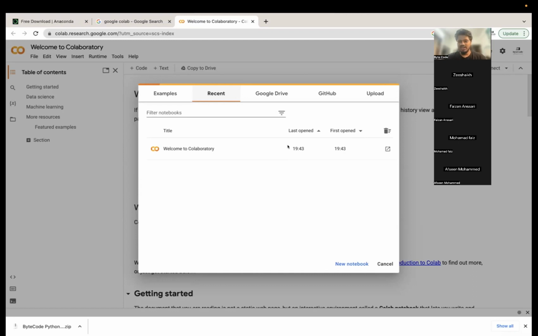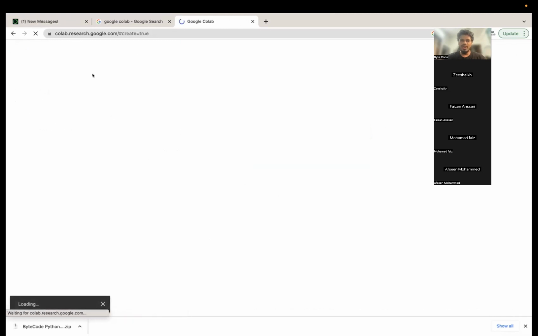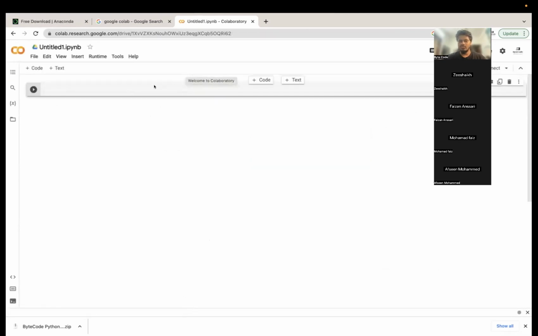Okay, I'm considering that everyone is following the process. So once you are here, you just have to say new notebook. Once you click on new notebook, it will automatically take you to a page where you don't need to install anything and you can directly run Python programs. For example, I'm running here print hello Python programmers.